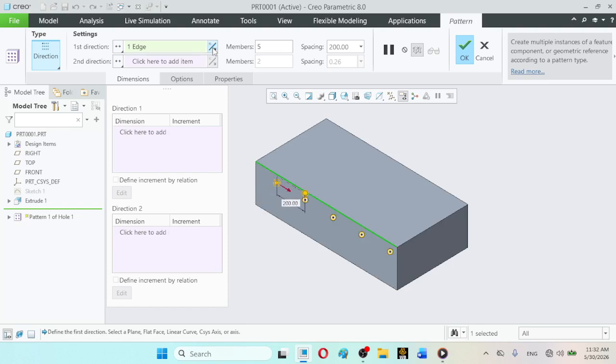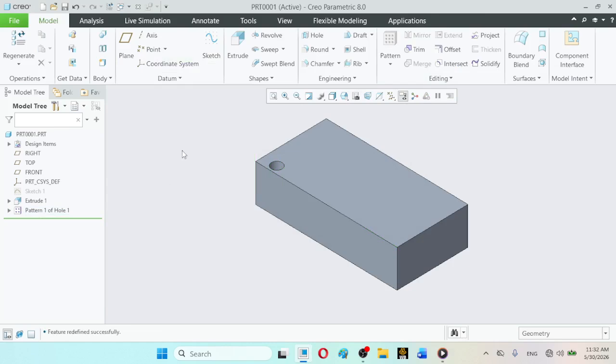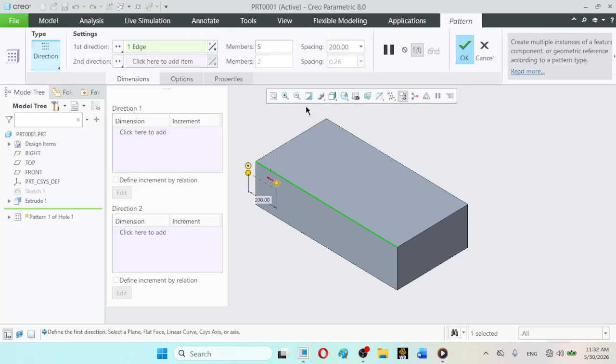So now flip this direction. That was actually not required. If you click on zoom fit, the members are shown here, but as the model is not available there, the holes will not be visible. The command has not failed, but that is not the requirement. So what you will be doing is setting the other direction, like this.